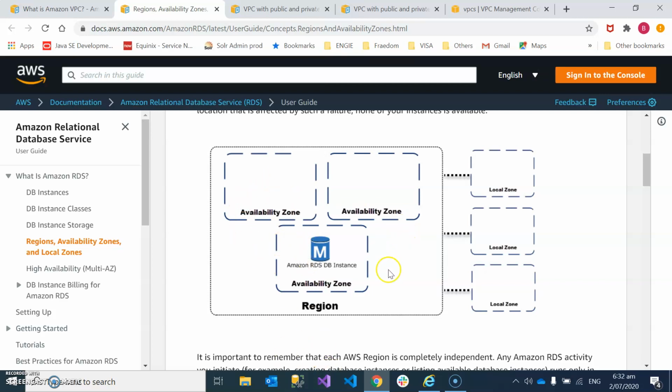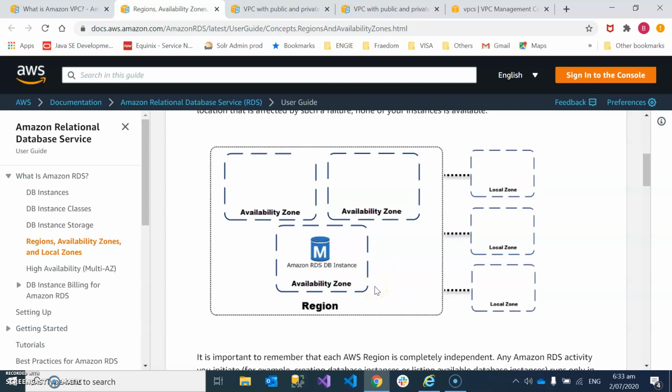So what is an availability zone? You can think of it as one or more data centers. To simplify the concept, you can consider one availability zone to be one data center, and a region to be one country. Like in Singapore, Amazon could have two or three data centers, and each data center we can call an availability zone. But from a definition perspective, an availability zone can have one or more data centers.